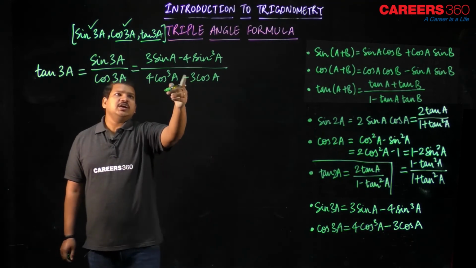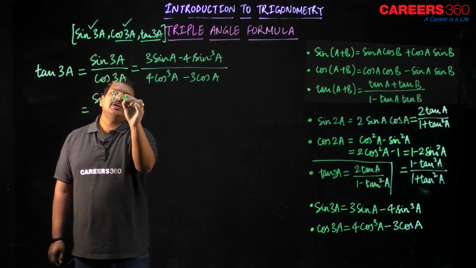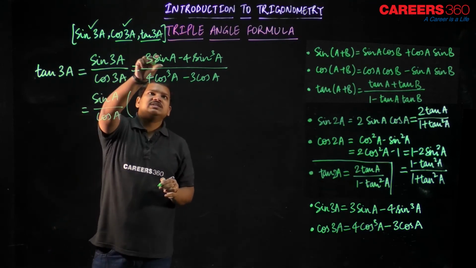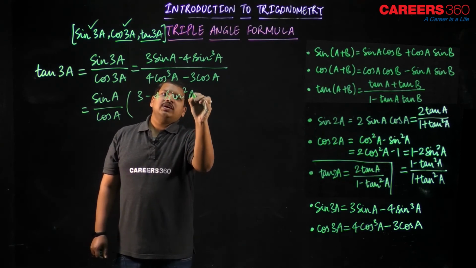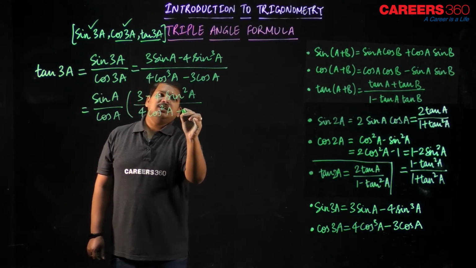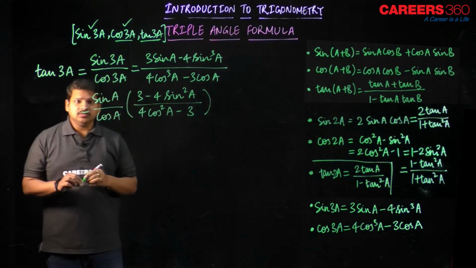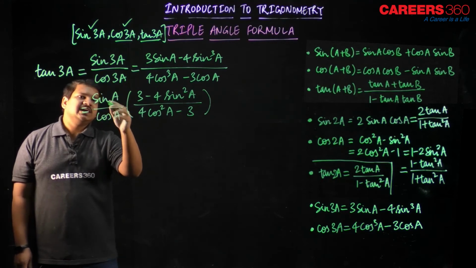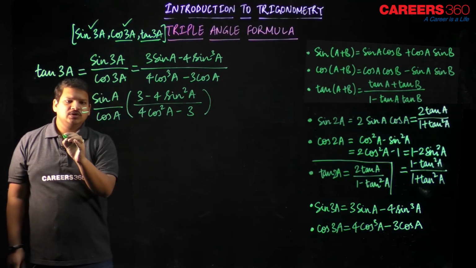Now what I can do is take sin A common from the numerator, and in the denominator I am taking cos A common. So what I will be remaining with is 3 minus 4 sin square A upon 4 cos square A minus 3. I hope it is making complete sense to you. Now this will become tan A. So what I am remaining with is this bracket. Now what I am going to do is